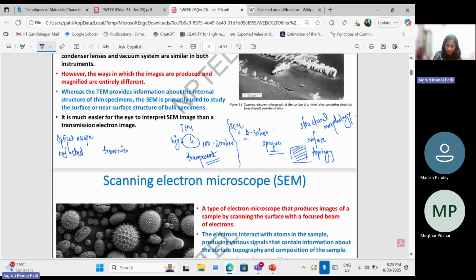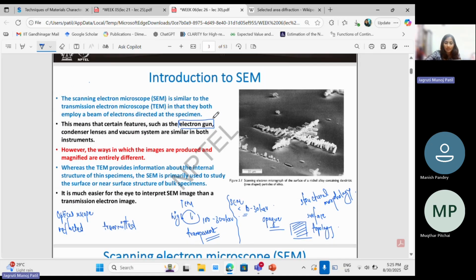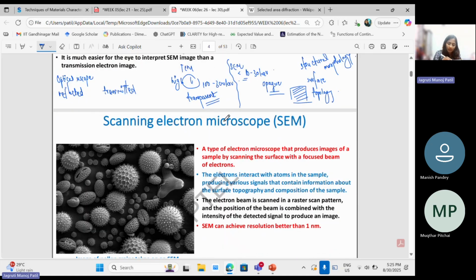You might know the difference between the two. The reflected mode is similar to SEM because we no longer have the objective aperture